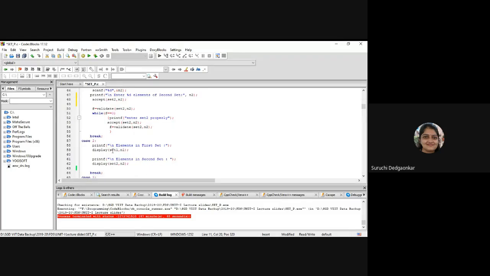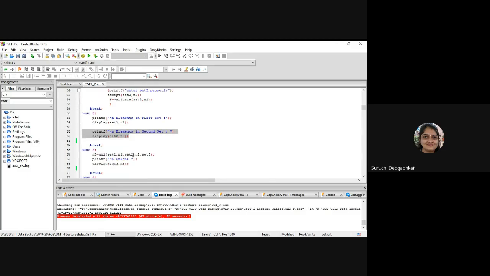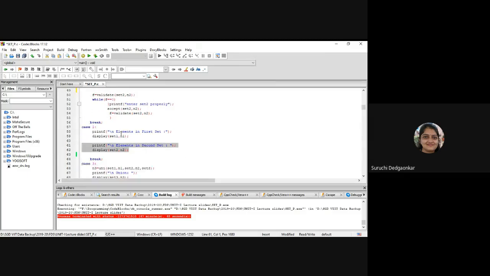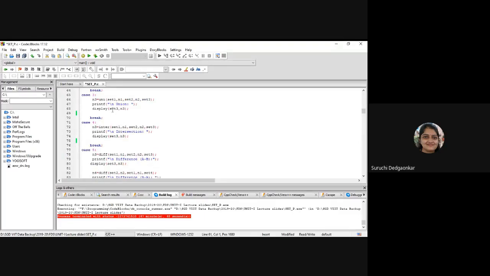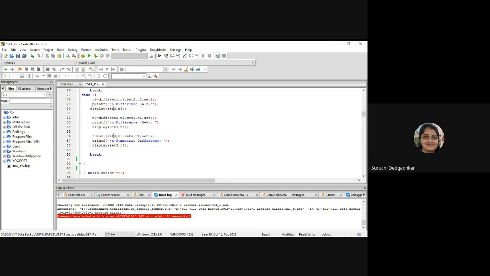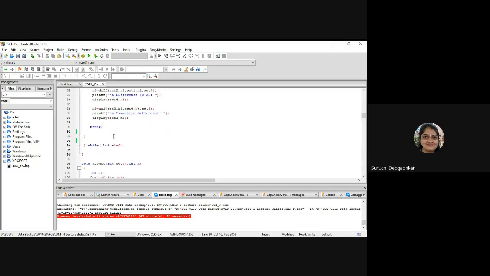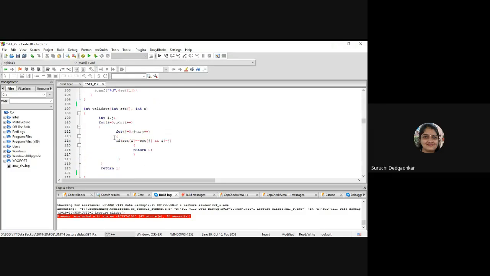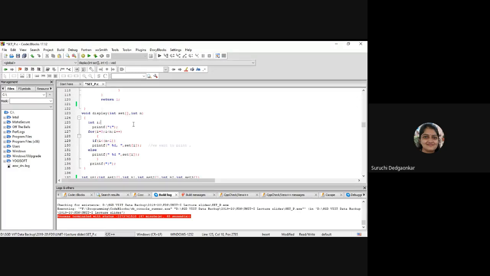So display function is called twice for set 1 as well as set 2. Okay, so it will display the two sets, and we will not look for the other functionality cases, that will be done one by one after our input is obtained properly. Okay, so we'll see the definition of display function.